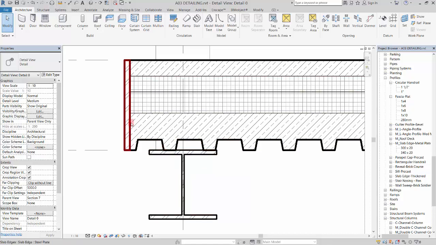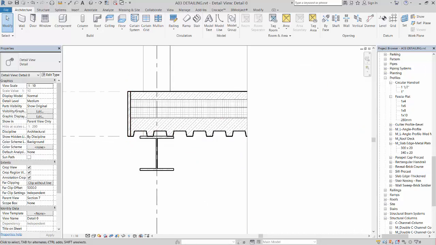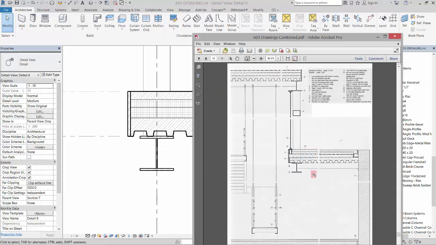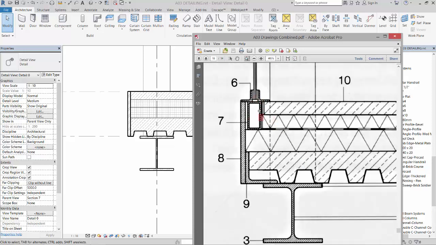And then when we get back, what we'll do is we will load the families for the hollow steel tube and this angle, and we'll place those in, and then we'll go in and place these two little angles in as well, and then we'll do the dashed lines, and maybe do a little regions, filled regions and stuff like that. Okay,